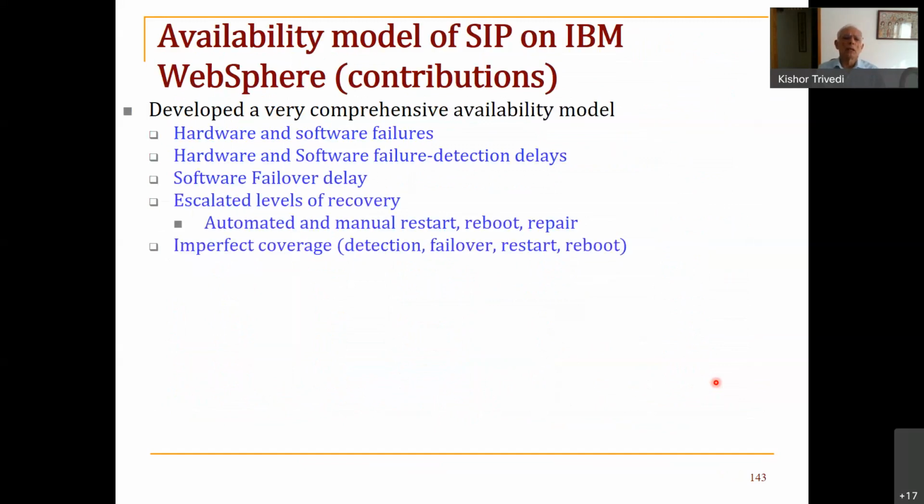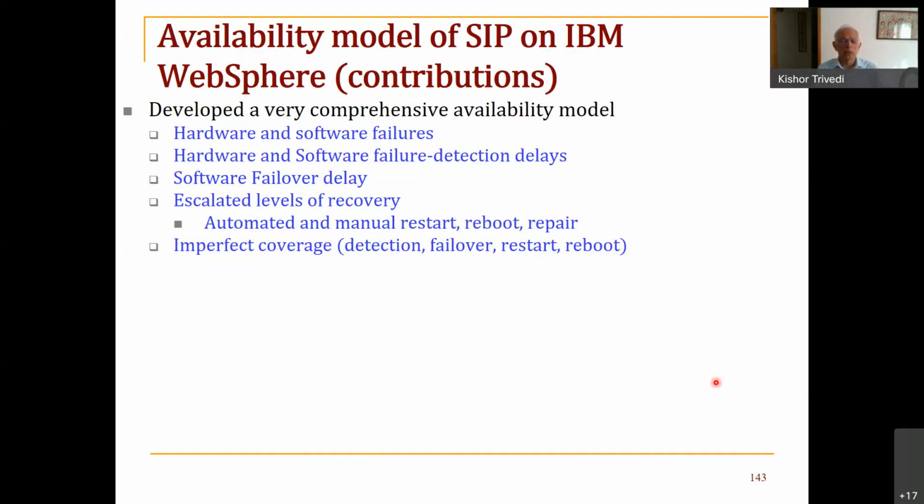So the contributions in this particular exercise that we made: we developed a very comprehensive availability model with details of hardware and software failures, hardware and software failure detection delays, software failover delay, escalated levels of recovery, including automated and manual restart, reboot, repair, imperfect coverage, and these details with which we had developed the models itself